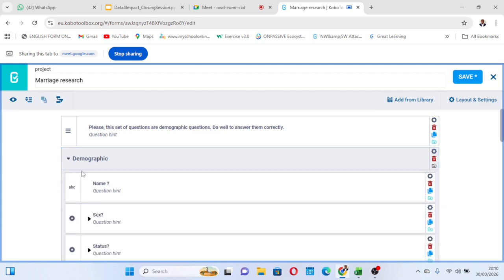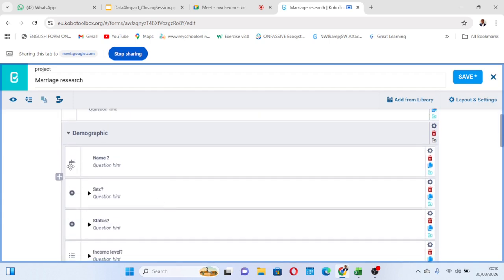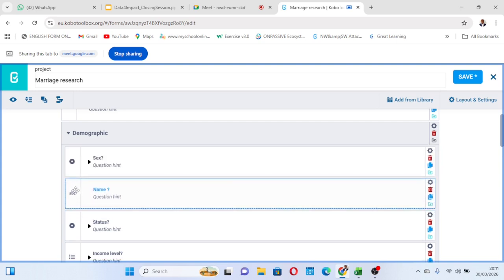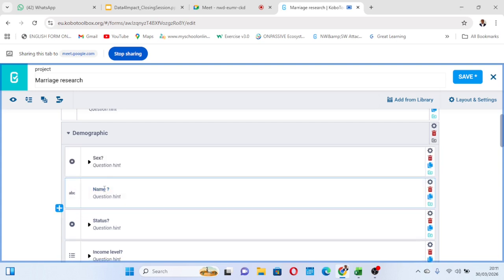Another thing I want to show you is that you can move around questions. You can toggle questions up, down, up, down. For instance, if I play with my mouse and it turns to this white cross that you see, I can hold my mouse down and I change the position of that question. You see what I'm doing? I've changed the position. Now I have moved name from here to here. This is important because there are times that when you design questions, you might require this. You might need to readjust your questions and reset them